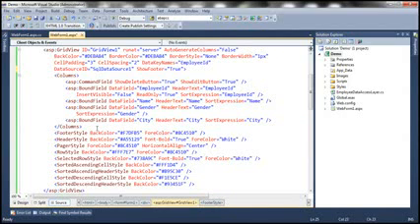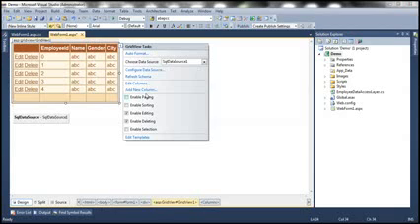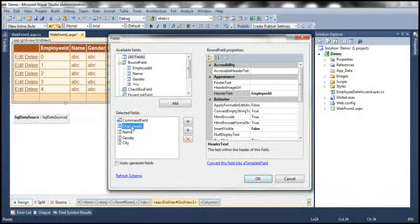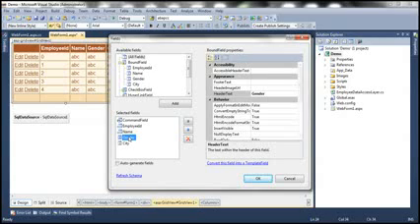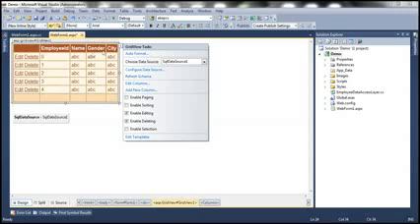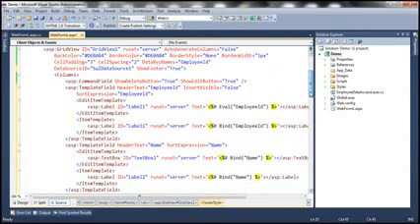And there are two ways to do that. We can change the HTML directly here, or we can use the designer. That's an easier option. So let me click on grid view task, and then click on this edit columns link. And then from the selected fields, click on employee ID column. I want to convert this into a template field. So click on this link, convert this field into a template field, which should automatically convert that bound field into a template field. And do the same thing with name, gender, and city as well. So that should automatically convert these four bound fields into template fields. So if I flip the web form now to the design source mode, look at that, everything is now converted